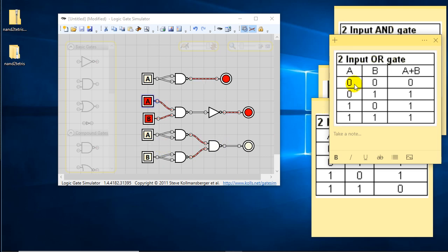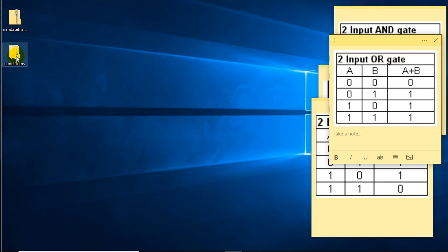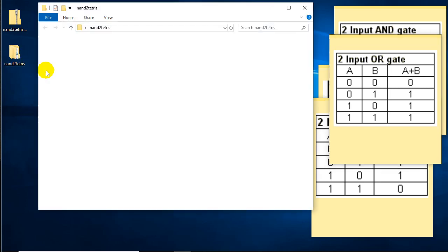So the way that operates, 0, 0 is 0, 0, 1 turns it on, 1. 1, 0 is 1, and 1, 1 is 1. So even though we're using NAND gates, we have the equivalent of an OR gate. Okay, so now let's look at our NAND to Tetris hardware